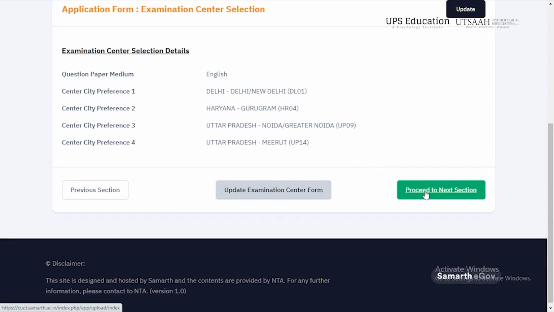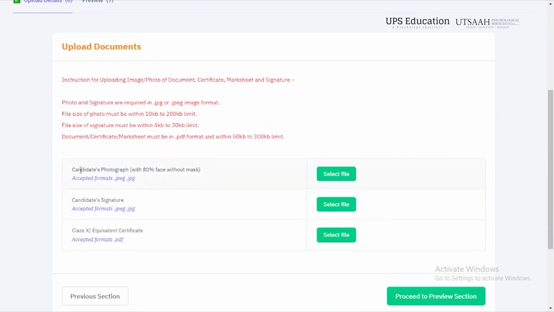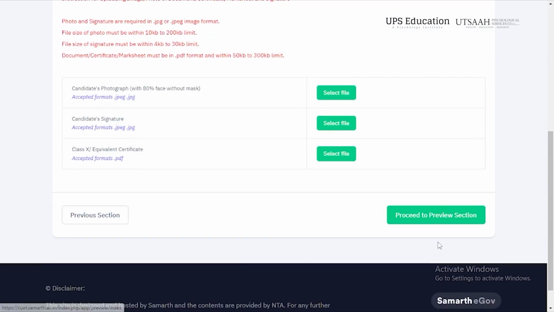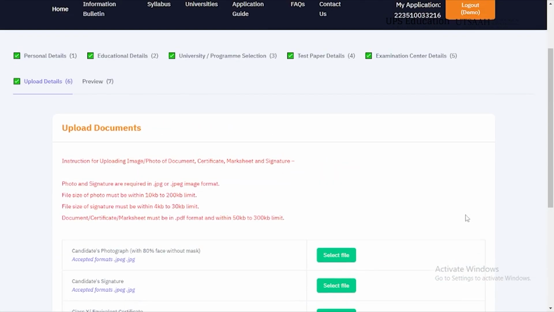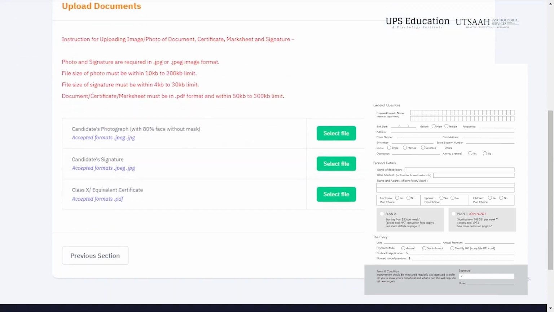So the next stage is to upload your photograph and documents, where you need to upload 3 documents mainly. One, your photograph, second, your signature, third, your 10th mark sheet. And then you need to click on the proceed to preview section. When you click on it, a preview form will be available for you, and after that you can check all the details filled by you, and then you can move ahead,